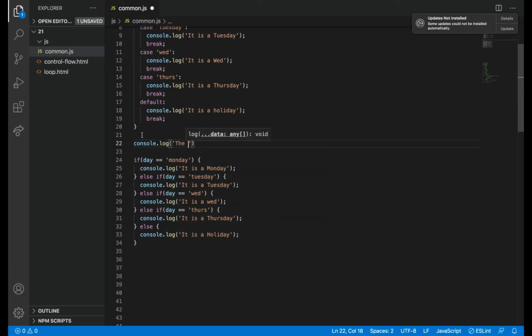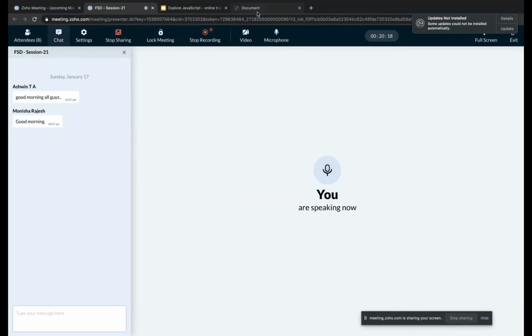Console.log, the same implementation in if else. Fine. Now we will check.